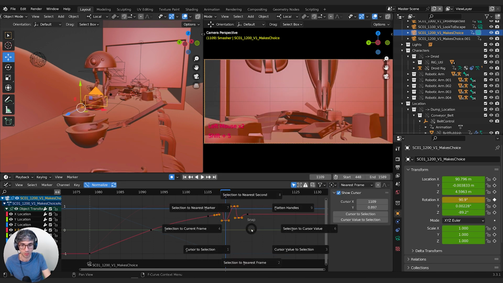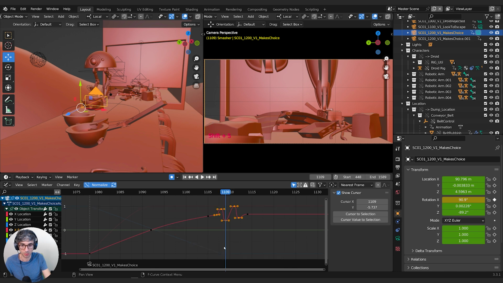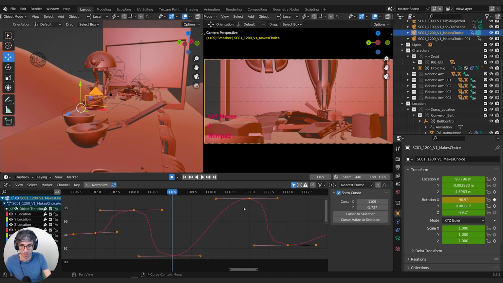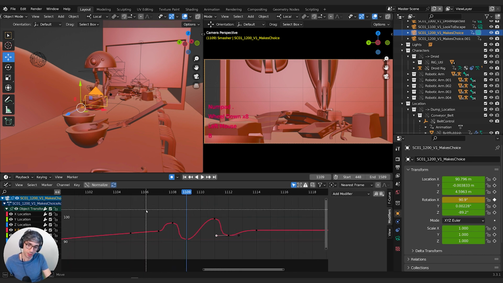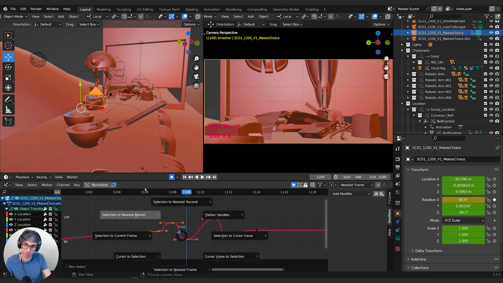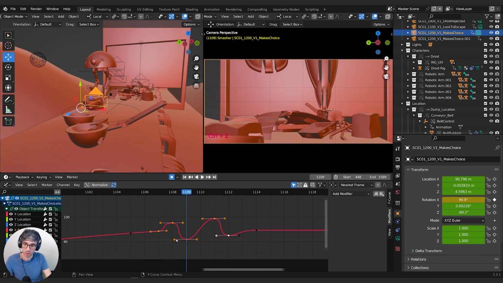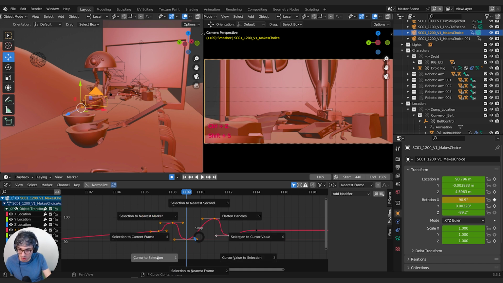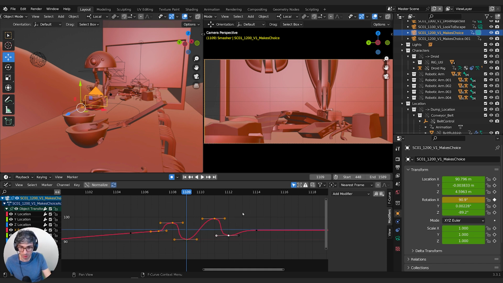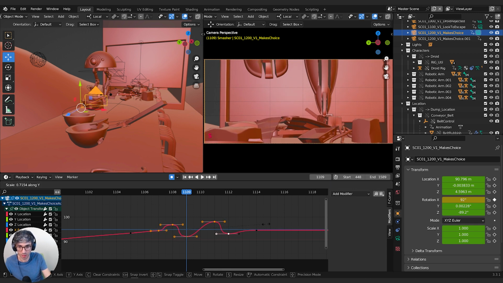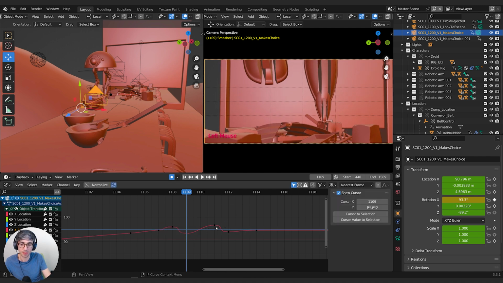Let's see. I'm gonna go Shift S, cursor to selection. Is that going to work? Oh, I've got normalize turned on. If normalize is turned on, that won't work. So let's go here and one more time. Shift S, cursor to selection. I'll put this blue line right in the middle of all these guys. And then if I go over here and switch to 2D cursor, I can scale Y and they'll all scale around that point. So I can flatten these guys out a bit